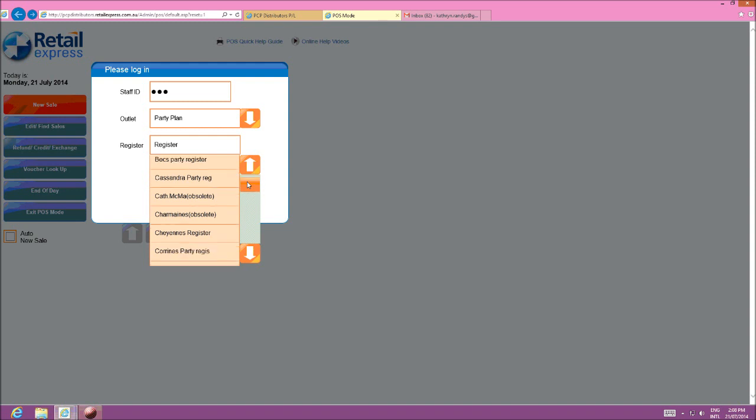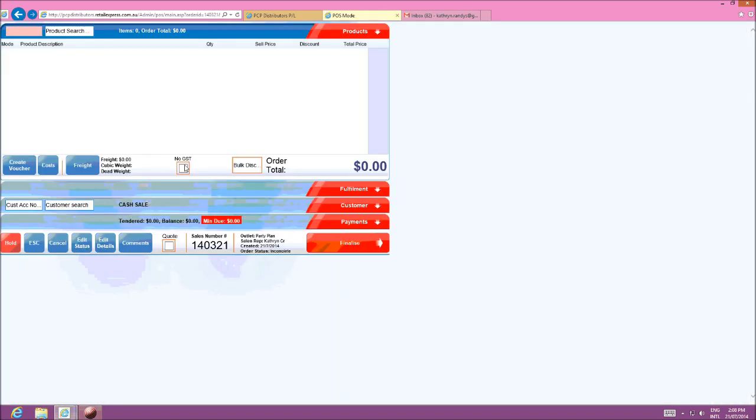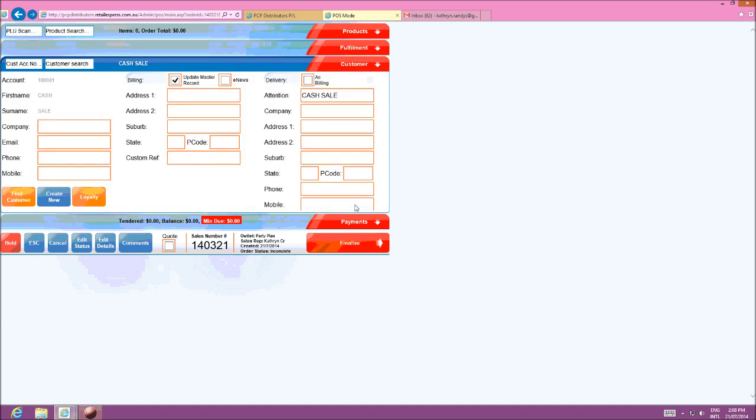And you'll go down here and you will find your name. So I'll click on my name here, and then we go to log in now. This will bring up your invoice for your customer orders. From here, you will go down. I always enter the customer details in first so you know that you've saved them and they're all in the